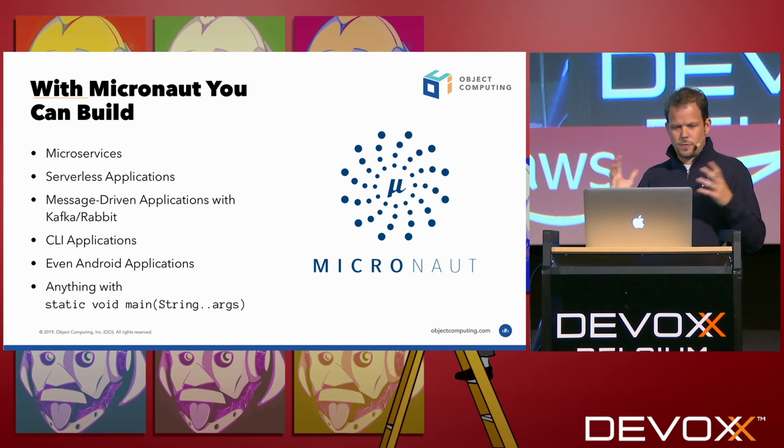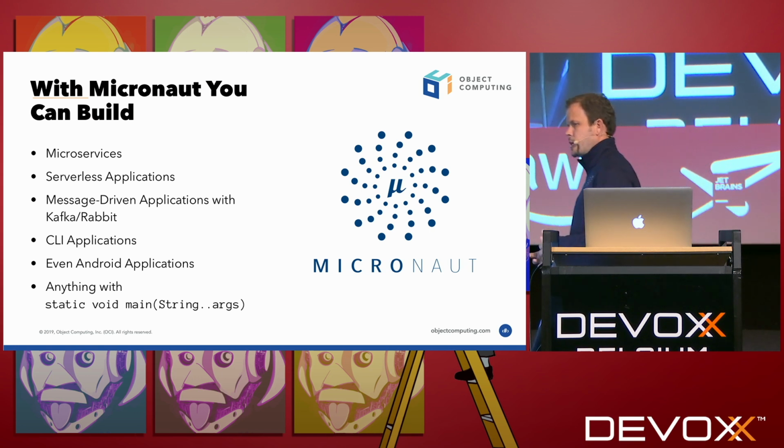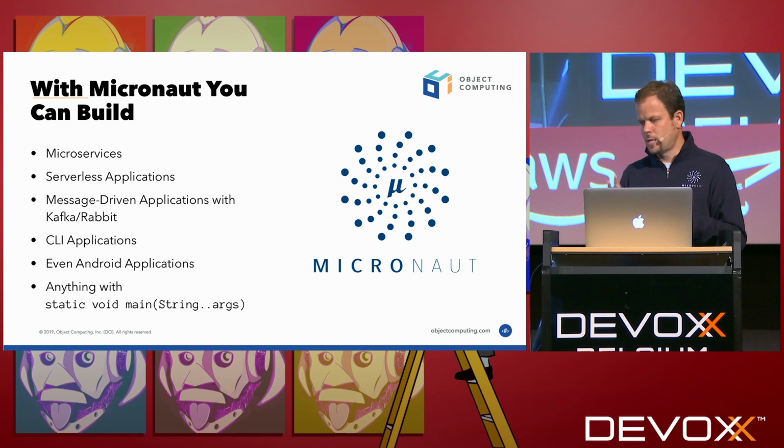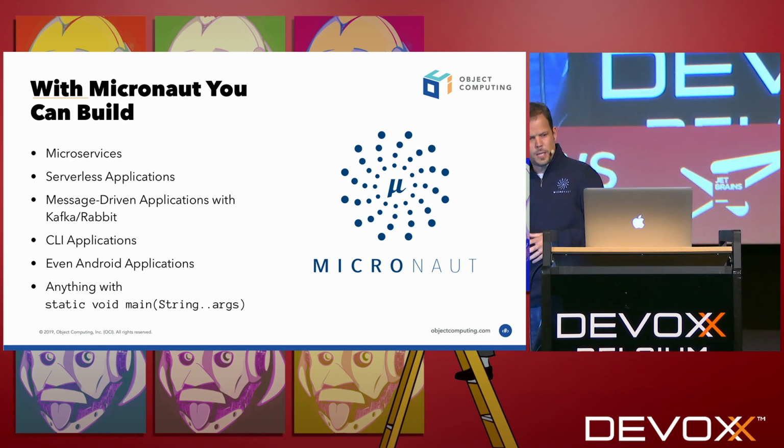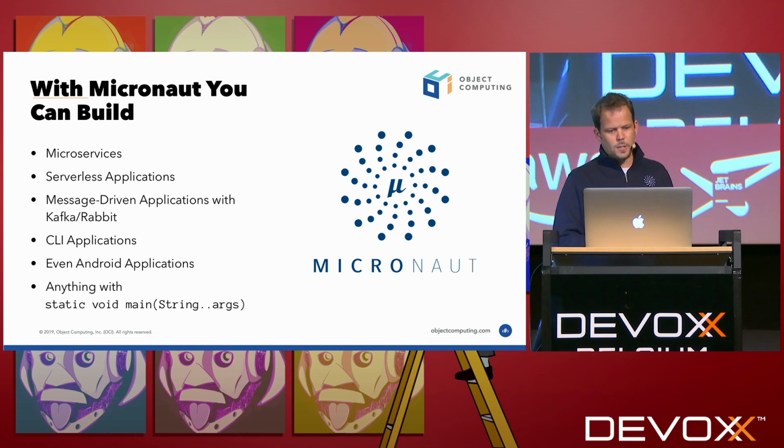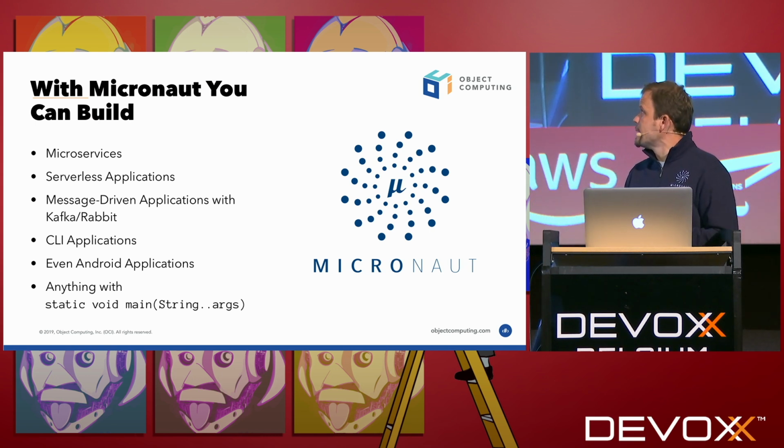So we have the core of Micronaut and the Micronaut HTTP client working already on Android. And you can share a client on the Android side and the server and write the same logic and share a fair amount of code between server and client. So we have it working on Android. And anything pretty much that has a static void main is